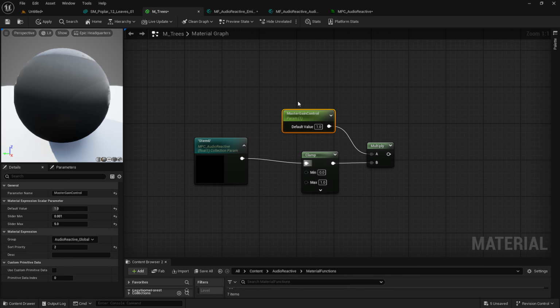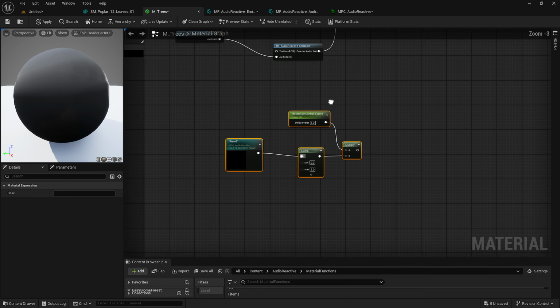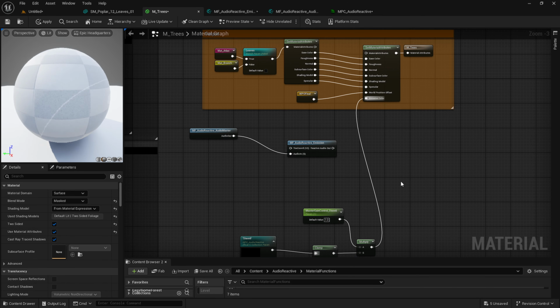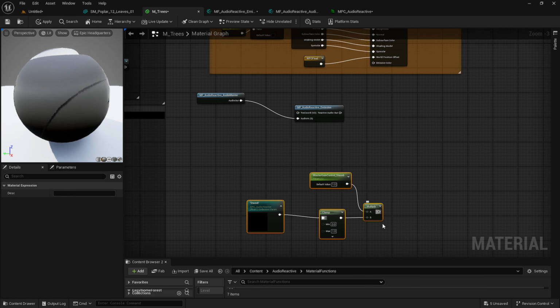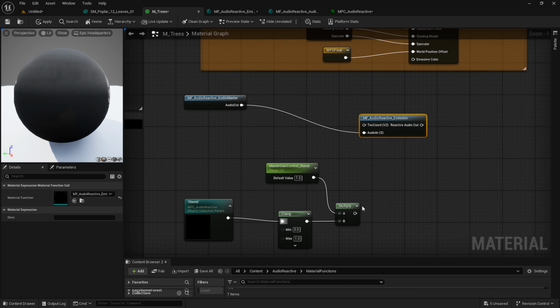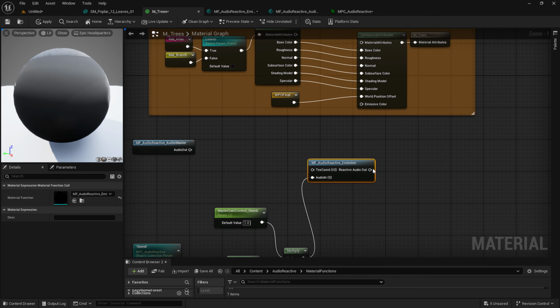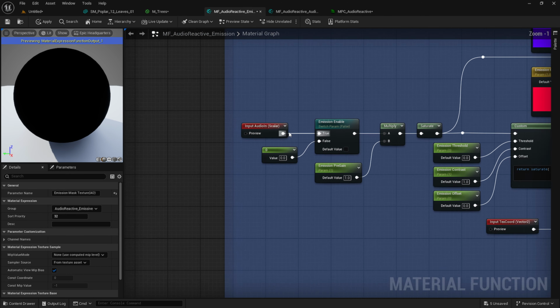Now the master gain is going to control any and all you have. So you could always update these parameters as well to give you unique controls. It could be like master gain control, stem 6, something like that. And I can make additional ones for other copies of this that I make. And then this would go directly into your emissive color. Actually, I'm sorry, it would not go right into emissive color. I guess it could, but it'd be very, very dim and have really no cool effects to it. So this will go into our audio in, and then this will go into our emissive in. So now in our function, we're still getting the audio we are expecting.